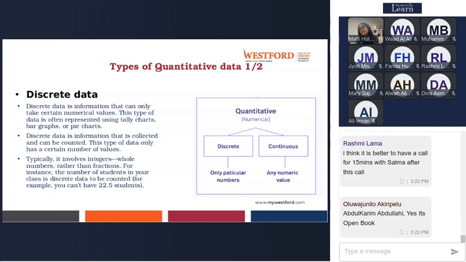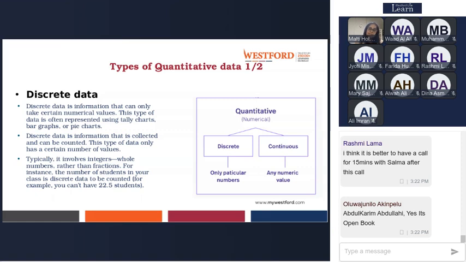Any data that we deal with in quantitative data analysis will be of either of these types: discrete data and continuous data. This is purely arithmetic concepts. In discrete data, it's only particular numbers. You can't have numbers in decimals, so you will have rounded numbers. For example, if you are saying agree, disagree, then you will have 1 to 7. You cannot have 1.5, you cannot have 4.5.